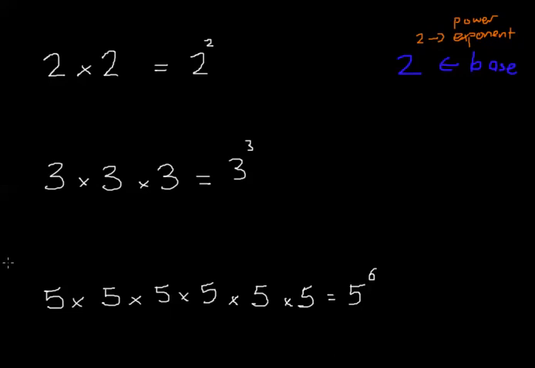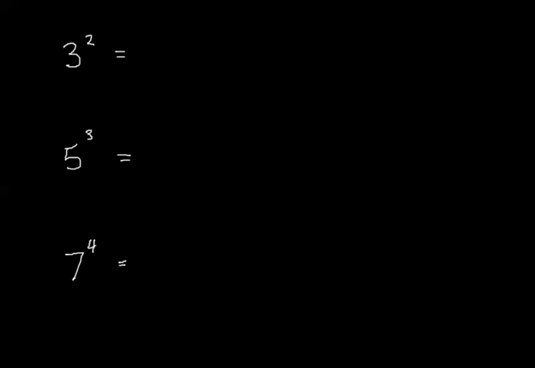Now this also works in the reverse too. So you may see some questions which look like this. 3 to the power of 2, or 3 squared. So what that really means is that if we work in the opposite form, we can get it back to its general form of 3 times 3. So we can also then solve that. So if you had a question of 3 squared, what that means is 3 times 3,